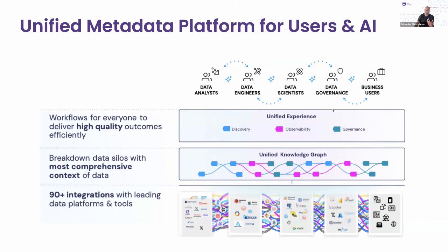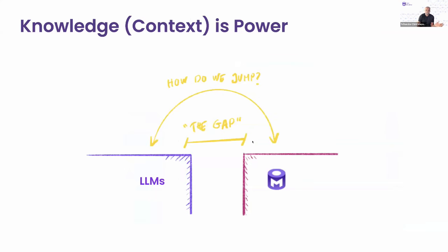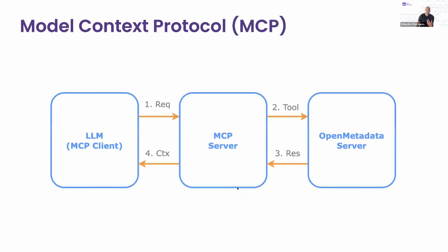So how do we enable this for the LLMs of today? On the left side, you have LLMs, these amazing models that are getting built and improving on a day-to-day basis. On the right side, you have this rich unified knowledge graph that gives the context to these LLMs on what to do, what the data is, what kind of data you have, what the context of the data is, and what users are doing today with the data that we have. So there is a gap. How do we connect these LLMs with this open metadata? The answer is MCP, the Model Context Protocol.